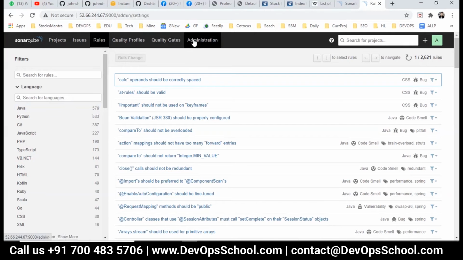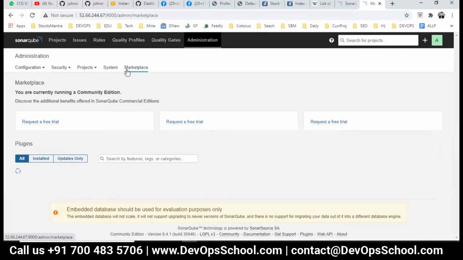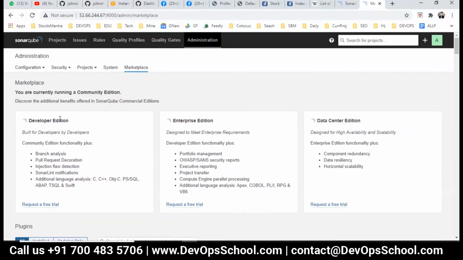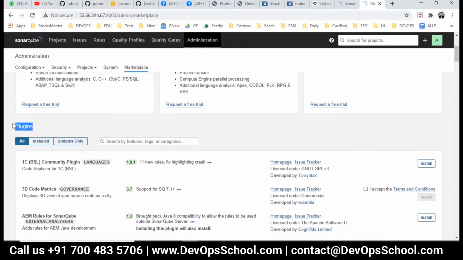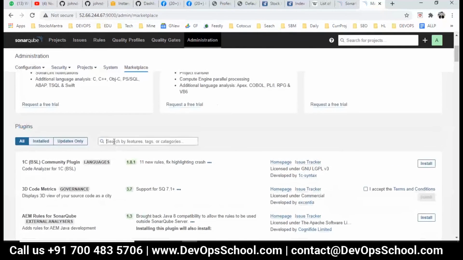Click on Administration, click on the Marketplace. And here, a little bit down, I see the plugins. Plugins are a way to extend the capability of the tool. It may be features, it may be rules, any kind of it. So many plugins you have, but right now I'm interested in the rules only.